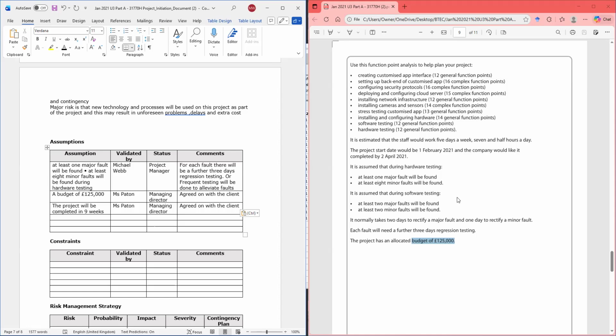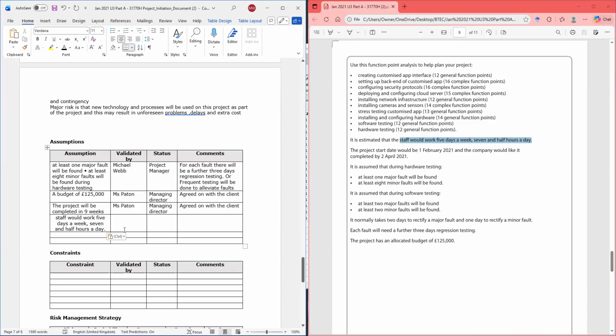The other one that we could look at is this one up here. It is estimated that staff will work 5 days a week and 7.5 hours a day. So now remember, you worked out the function points. If they had said that somebody else did it, like the finance director, then that person would be responsible for it. But you worked out the function points.